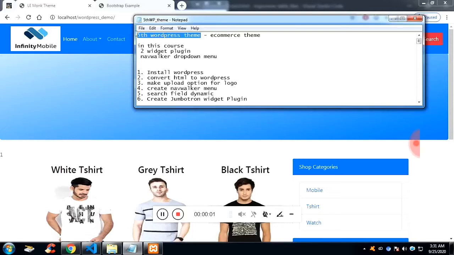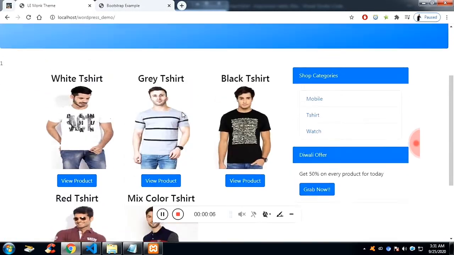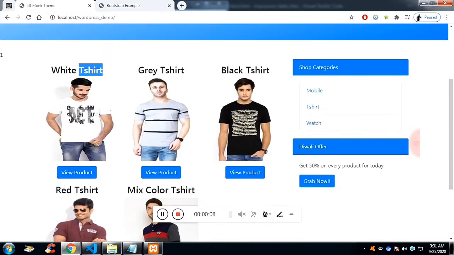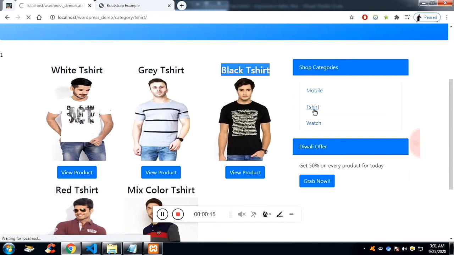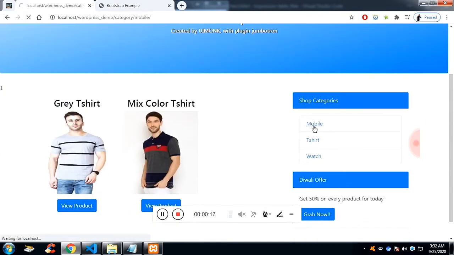We are going to see how to create the WordPress theme from scratch, and this is the e-commerce theme. You can see these are the products. If you click on a product, it will show the product, and these are the categories. If you click on the categories, at present I have just added the t-shirts,